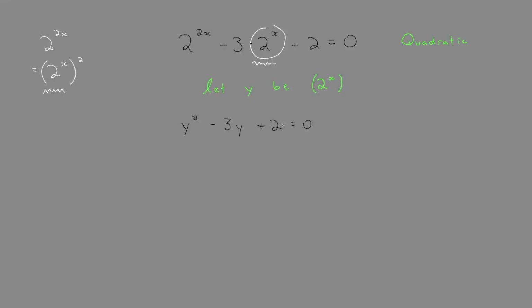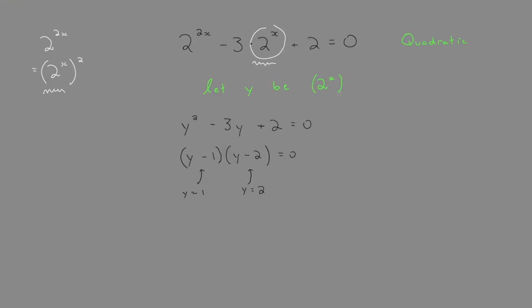Now we can just factor this. We could see the two numbers that add to -3 and multiply to 2 are -1 and -2. So we have y minus 1 times y minus 2 equals 0. And now we could say y equals 1 and y equals 2. These are our solutions. But this isn't quite done yet, because now we actually have to go back to our